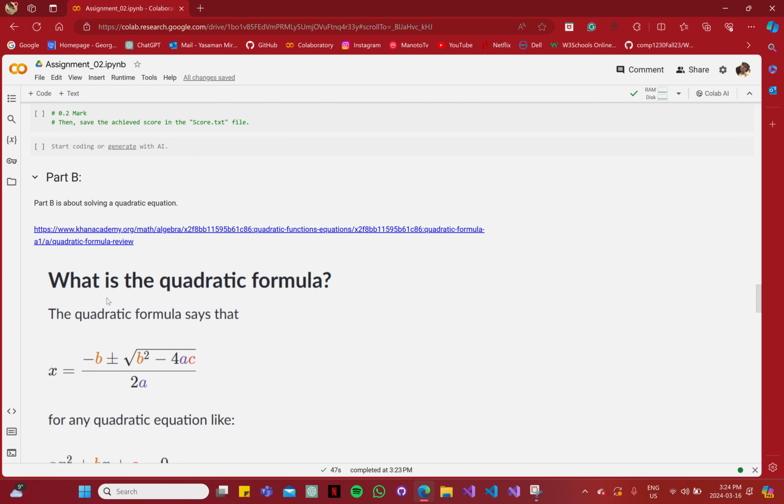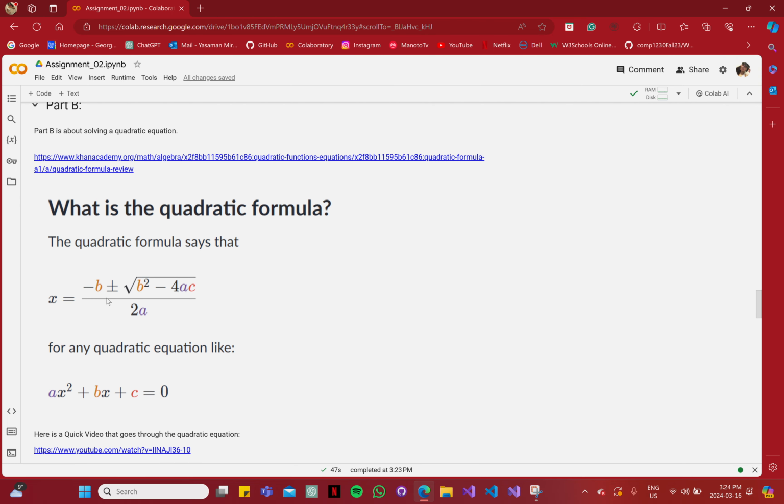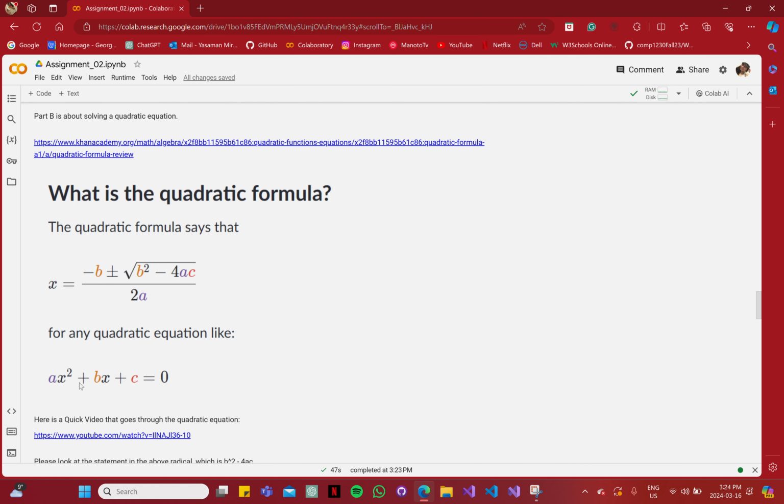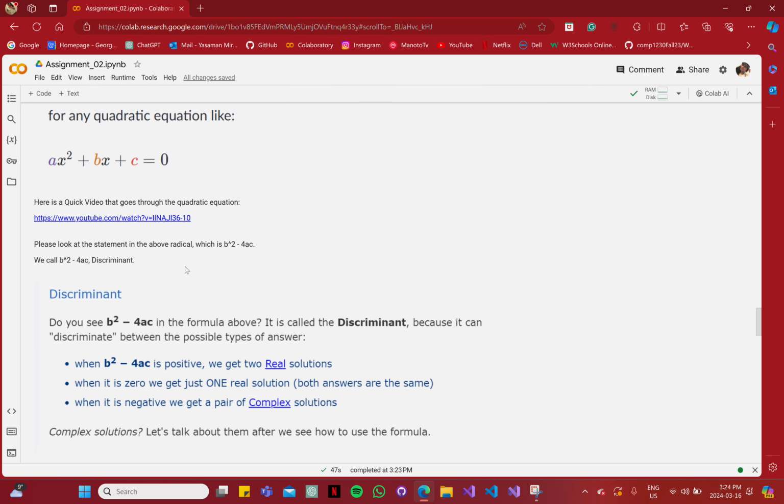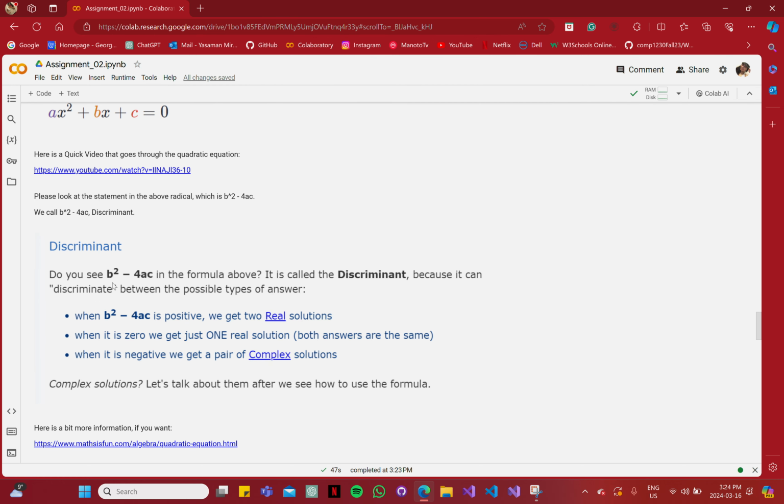Part B is about a quadratic equation. So here we have how the quadratic equation looks. For calculating the solution for this equation, we have this formula, and here, as you can see, we have a discriminant, b to the power of 2 minus 4ac,